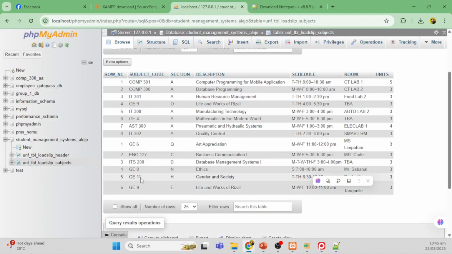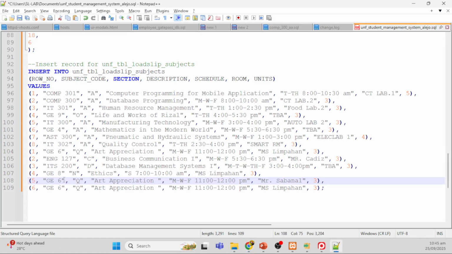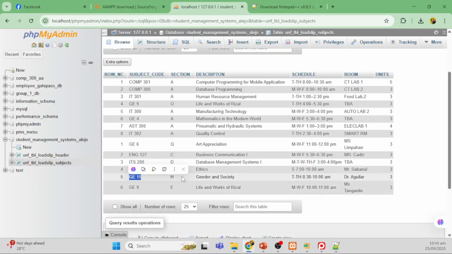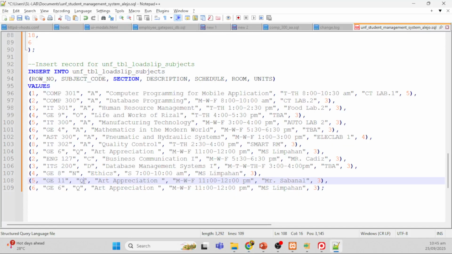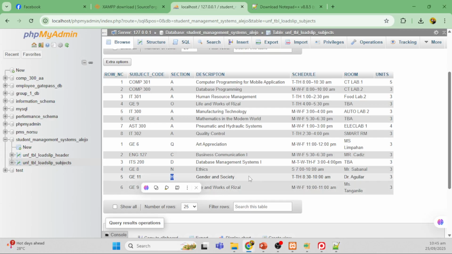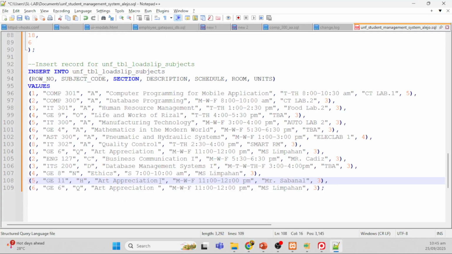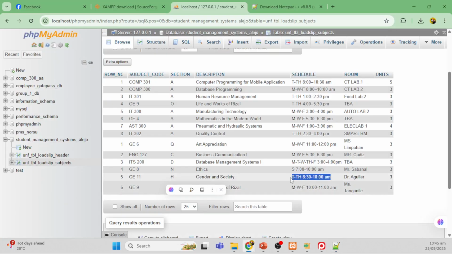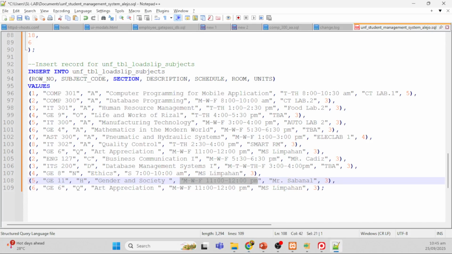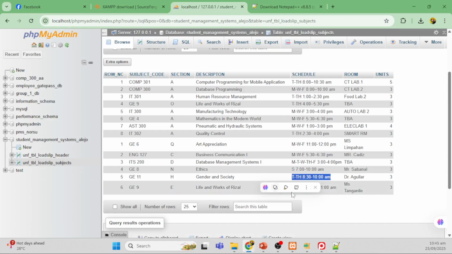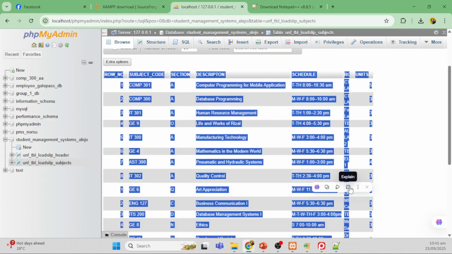Then, GE11, section H, Gender and Society, and we have TTH, and this is Dr. Aguilar,